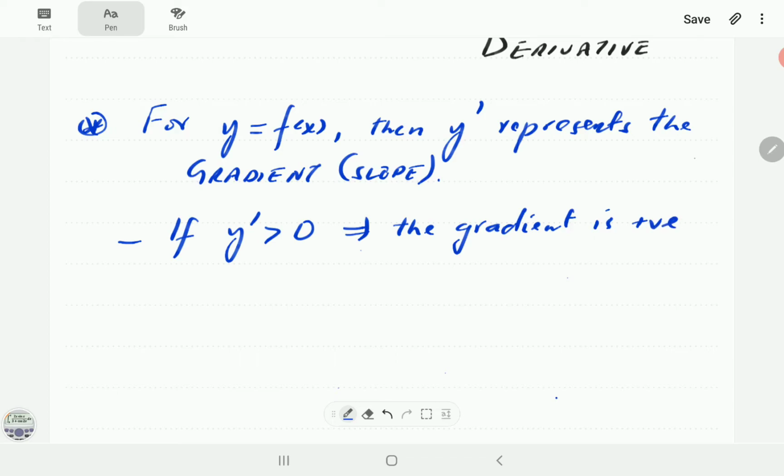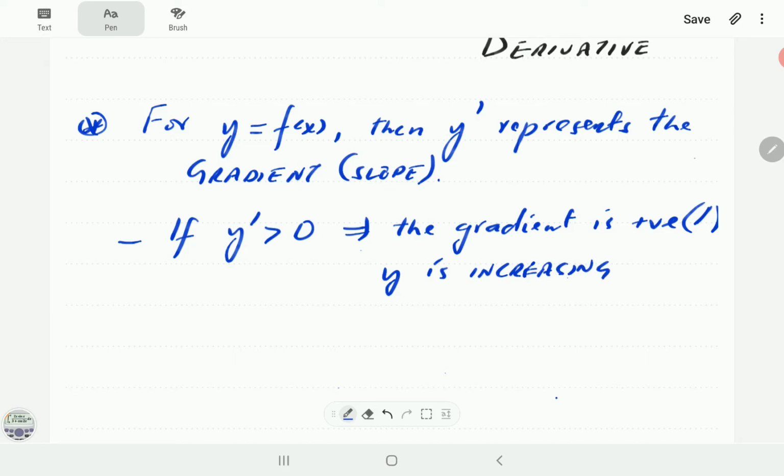If the gradient is positive, then the graph of y is going to be a bit like a forward slash. We say it's an increasing function. Okay, so we say y is an increasing function